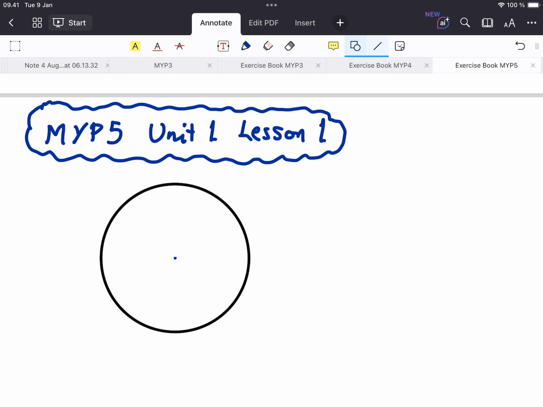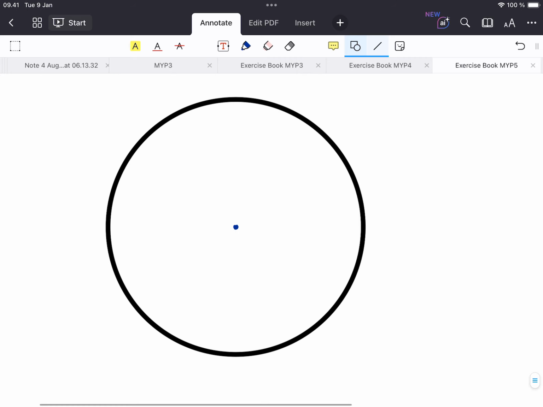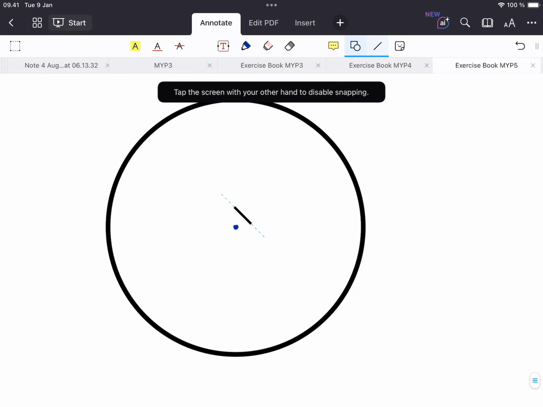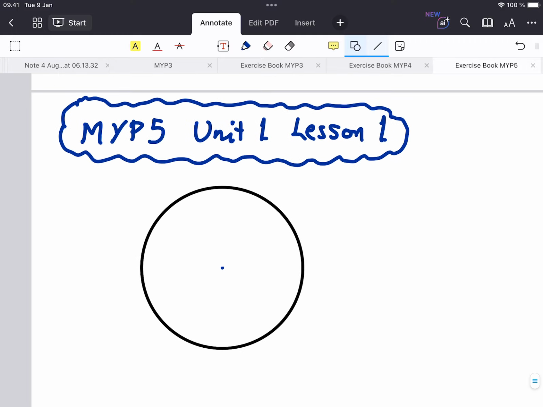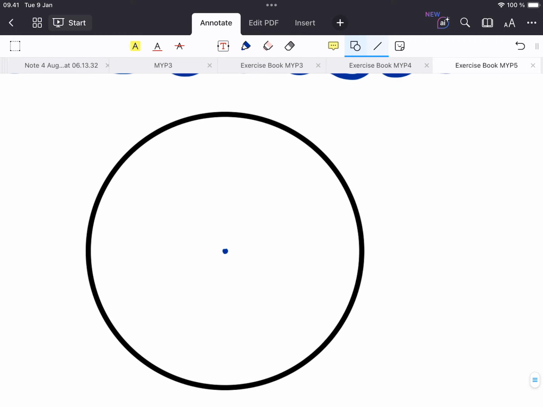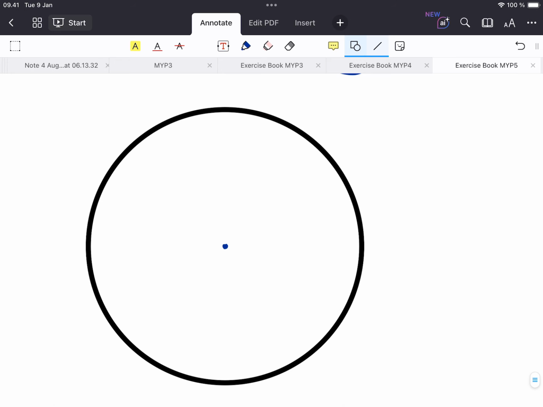So I've constructed a circle here with a compass. Hope you've got a compass. I've marked the center there, you can see it. Don't know why I've got my line tool on, but you can see the center of the circle. And what I'm going to do is just mark a couple of little random points on the circumference of the